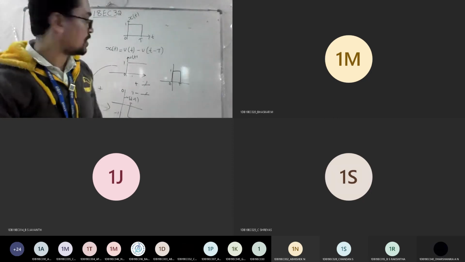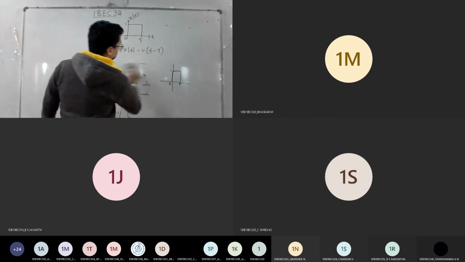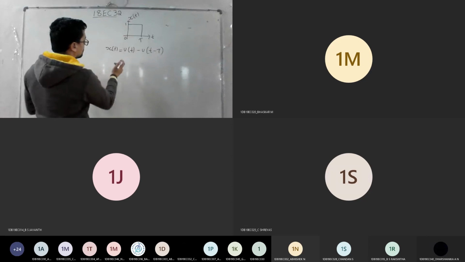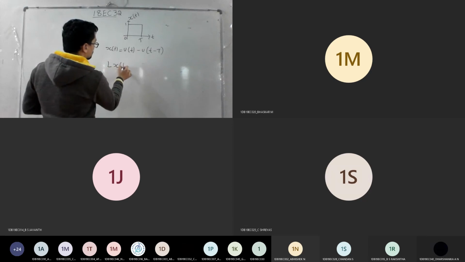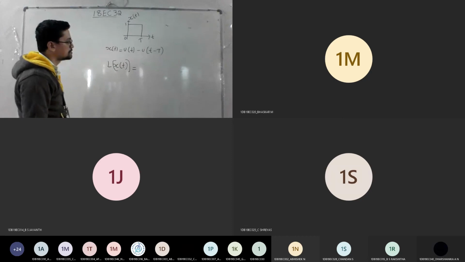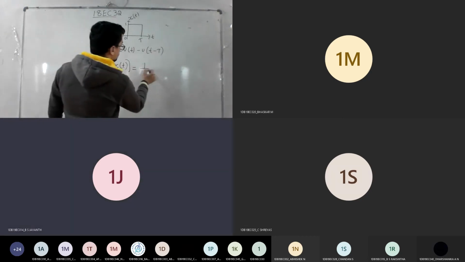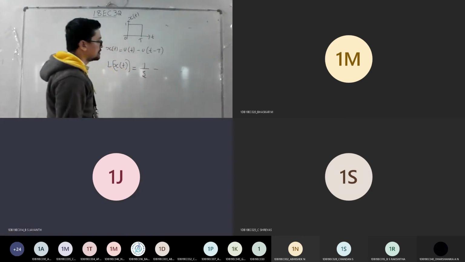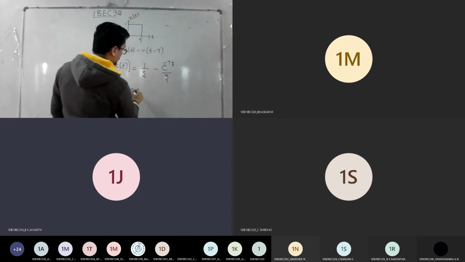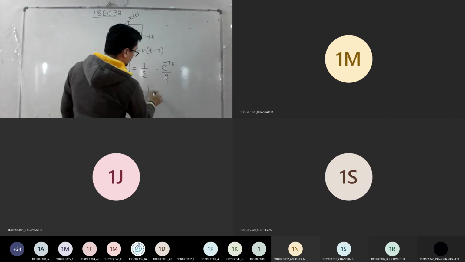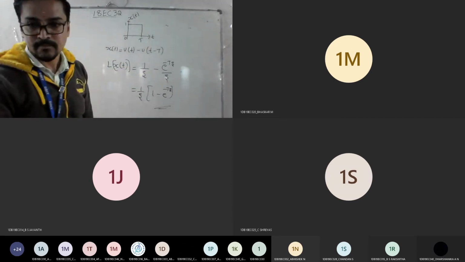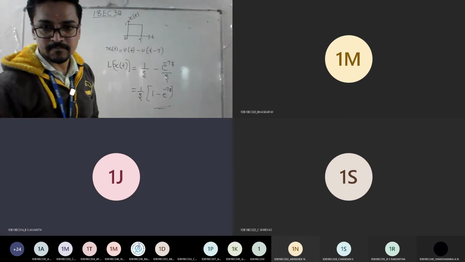Yes, sir. So now what is the Laplace for this here? You need to write this waveform, then conclude the problem with the Laplace. Laplace of this, what's the answer? U of t, 1 by s minus 1 by s minus e power minus ts divided by s. So if you want, you can take 1 by s common and write 1 minus e power minus ts. Understood? Am I clear? Yes, sir.